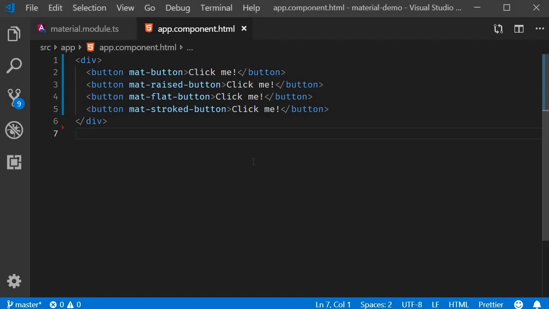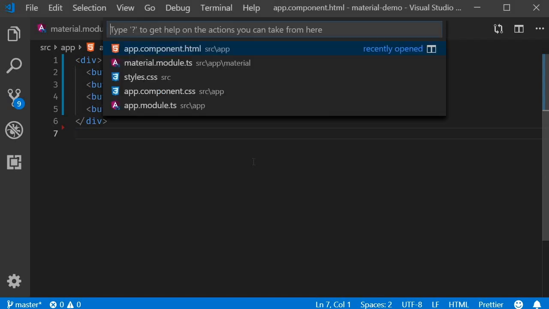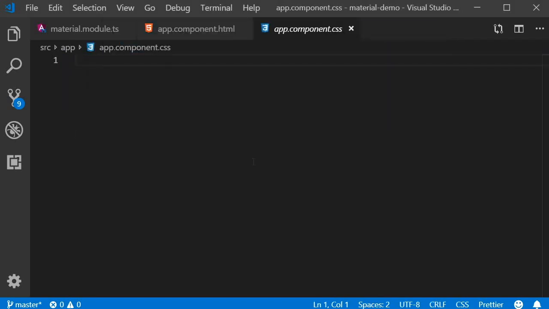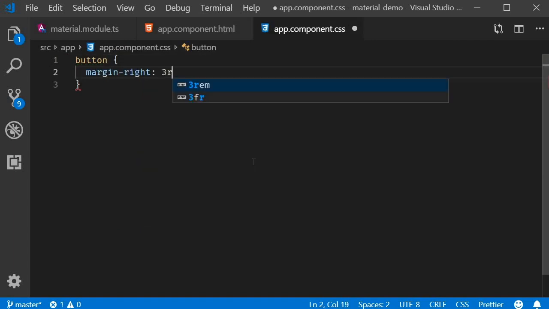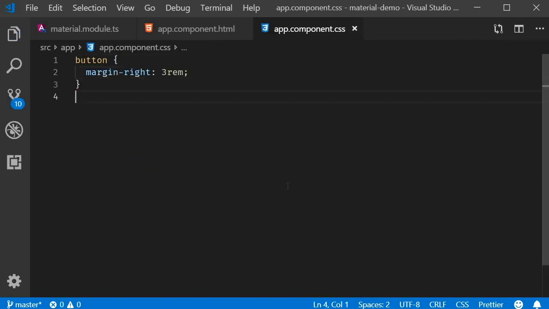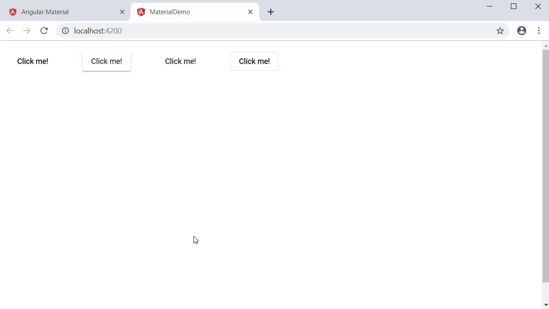The buttons are too close to each other, so let's add some margin. In app.component.css, margin-right 3rem. Now if you go back to the browser, you can see the different buttons: raised, flat,